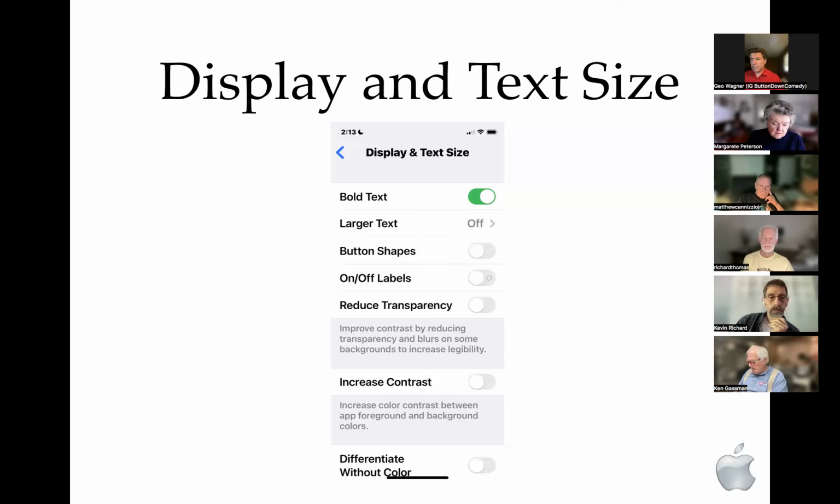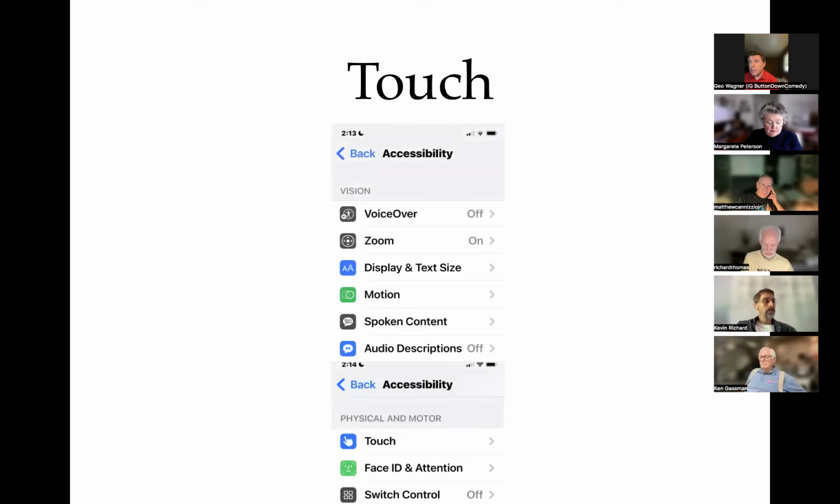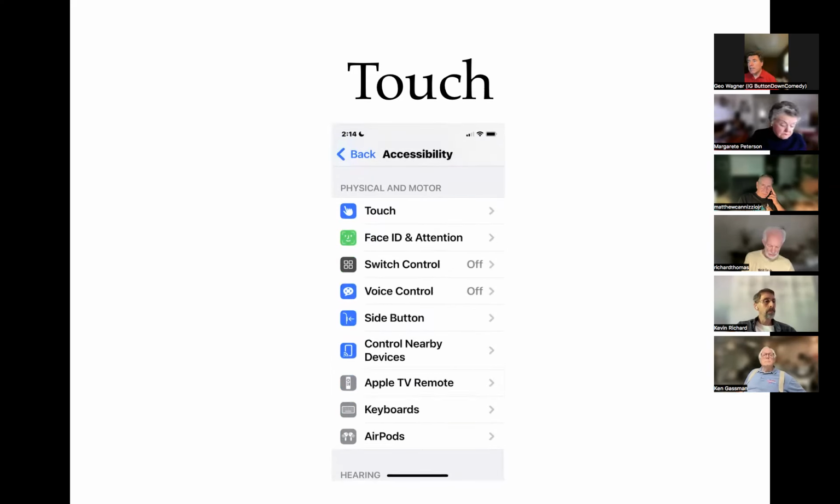It didn't go into differentiation without color. I think that's right. I'm not sure what that one does. I'd have to look at that one, but you can play around with a lot of things and find some very useful things. The touch, also in accessibility, down to touch, you can basically get